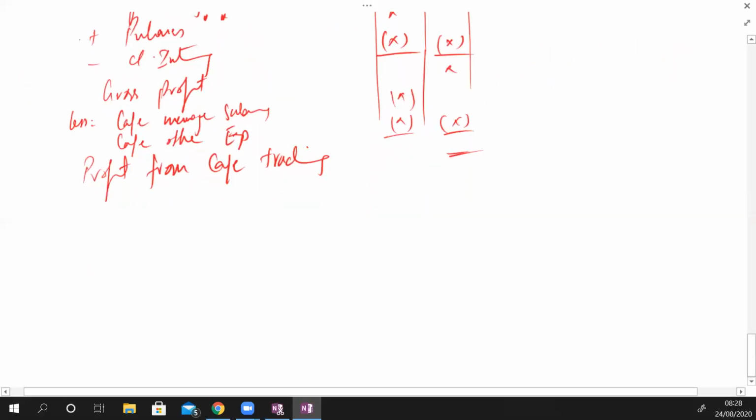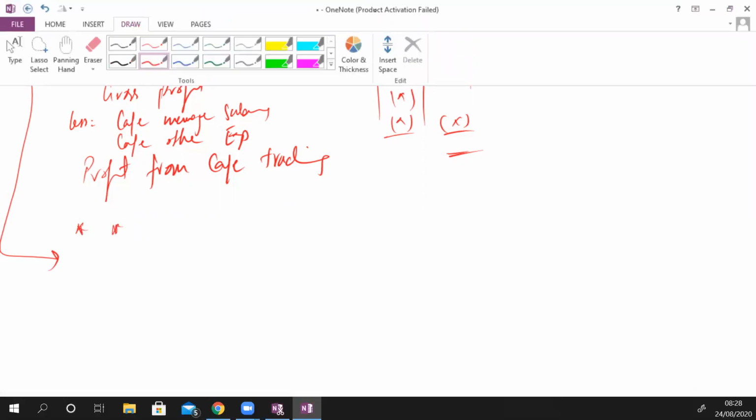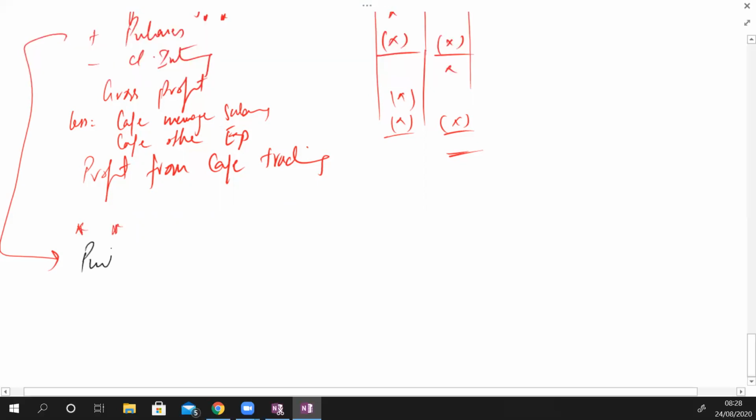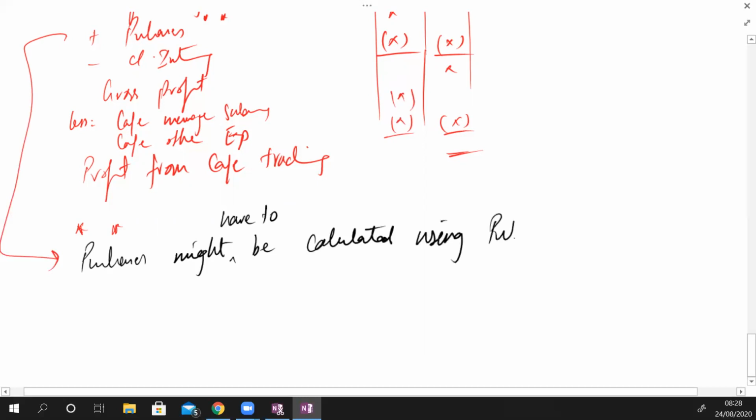Now I had made these asterisks with purchases. Why was that? The reason was purchases might have to be calculated using purchase ledger control account. ठीक है. एंड हमें कैसे पता चलेगा कि परचेज कैलकुलेट करनी है? उसकी हमें हिंट होगी. Hint in question would be